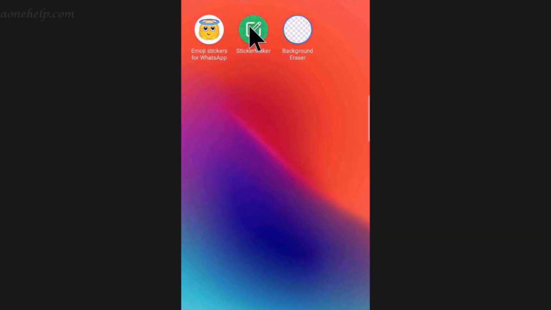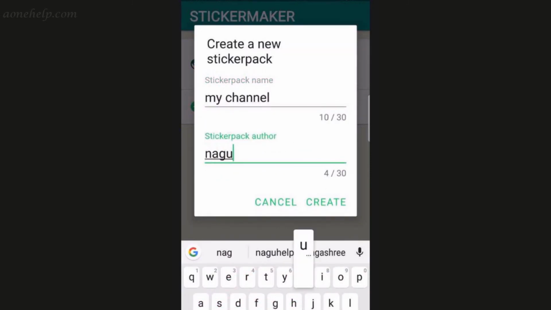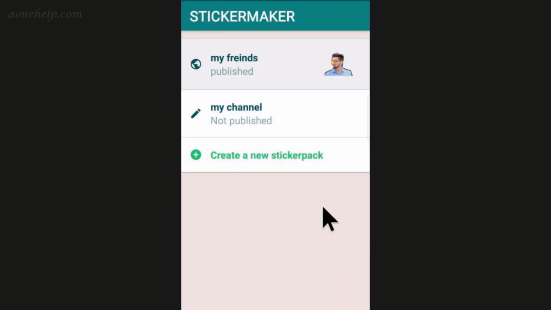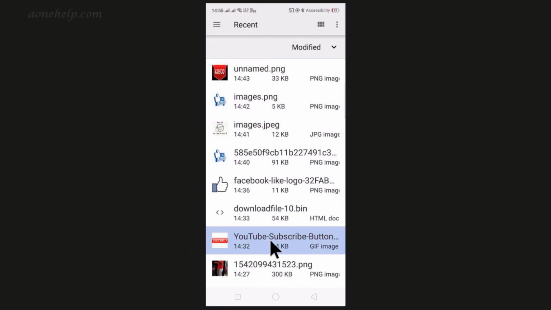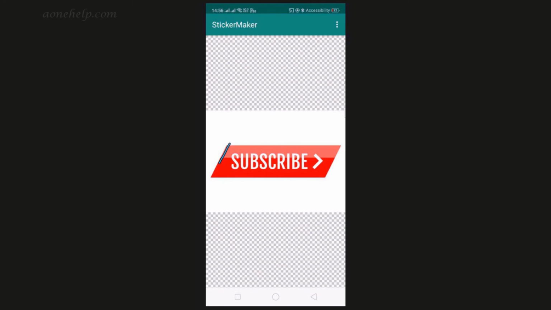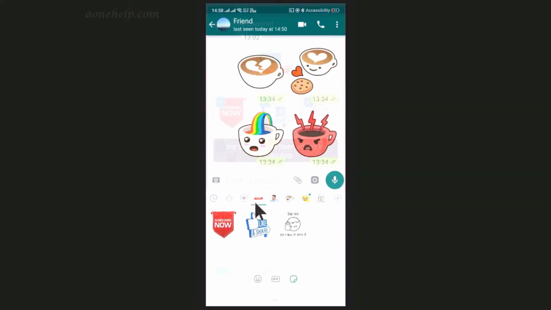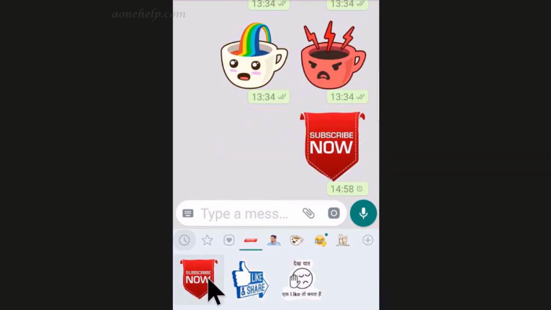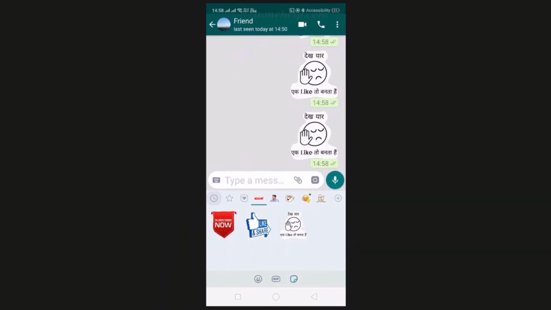Using the WhatsApp Sticker Maker app, we can create and publish maximum 10 sticker packs. These sticker packs are available on our WhatsApp only. Stickers shared by us can be added by receiver to their favorites or forwarded, but they cannot access our sticker packs. There is news that WhatsApp is going to bring search feature for stickers, just like emojis. If introduced, it will be helpful to search specific type of stickers.